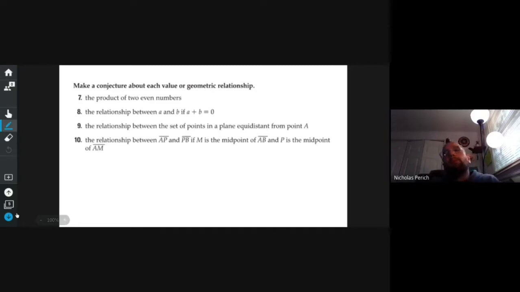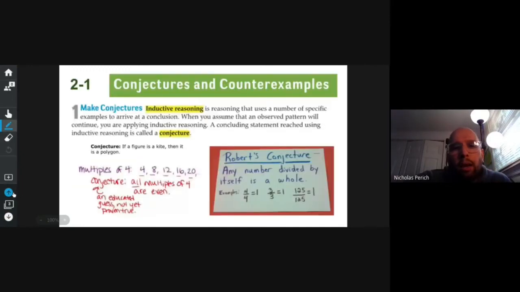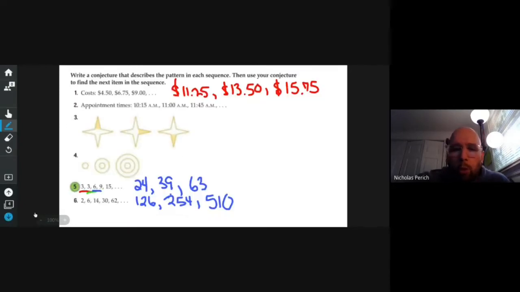Well, that was conjecture. The product of 2 even numbers. Now, again, if we look at the conjecture, a conjecture is a concluding statement that you can make. Okay, so really when we worded these out, I should have said,